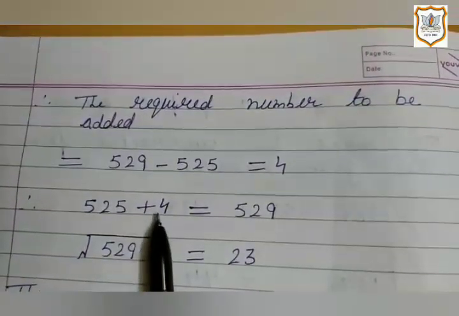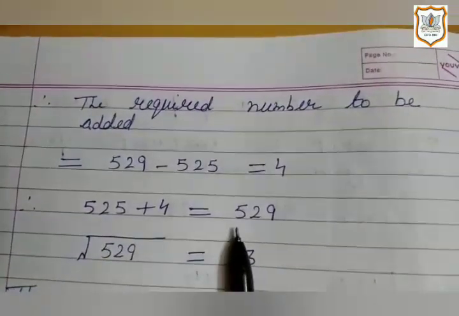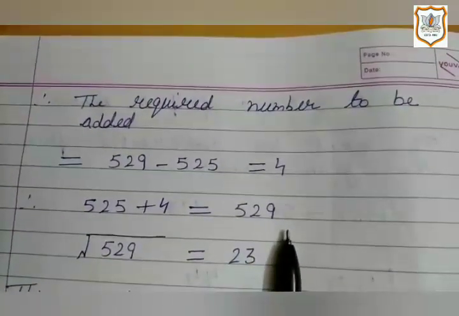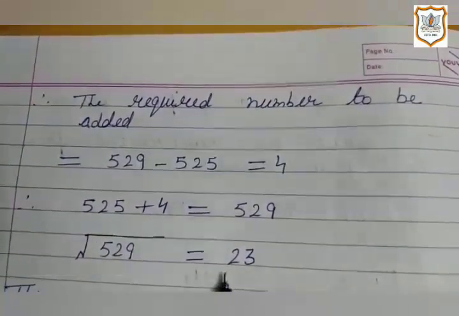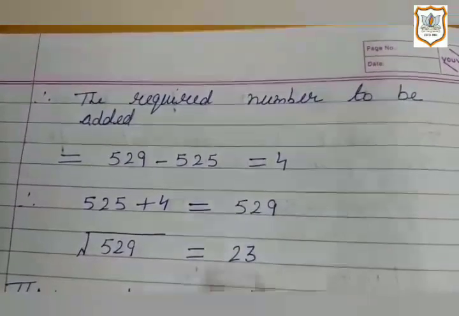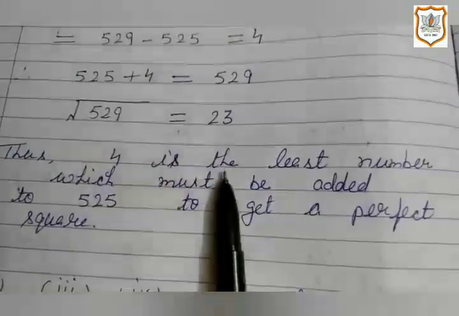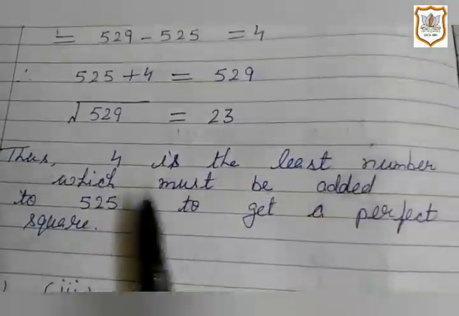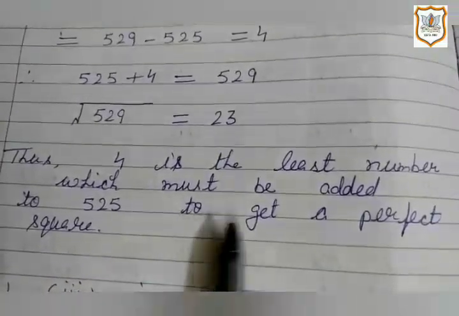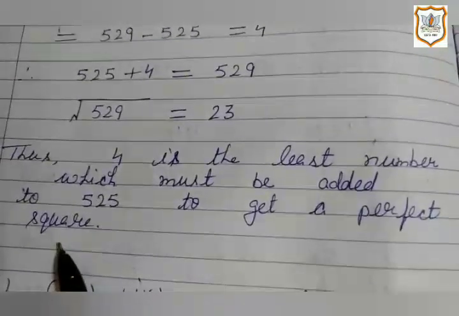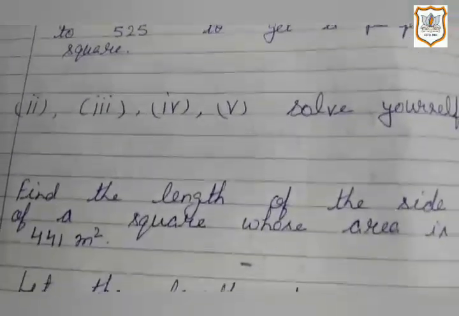So we add 4 to 525 and we get 529. So we can say the square root of 529 is equal to 23. Thus, 4 is the least number which must be added to 525 to get a perfect square. The remaining part you can solve yourself. Next sum is